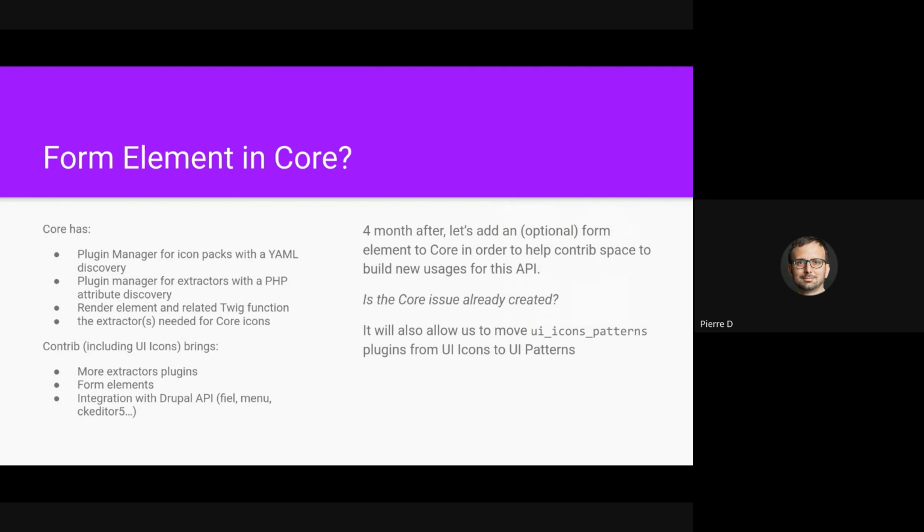Today, Drupal core has an icon API since December, which is managing icon pack, icon extractor, one render element, one tweak function, and a few extractors because they are needed by core icon packs. And everything else is in contrib, including UI Icon, the other extractors, the form element, and the integration with Drupal